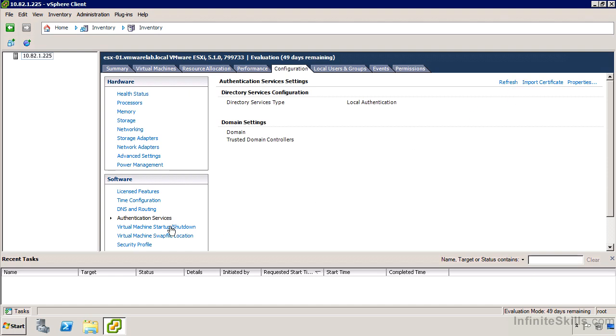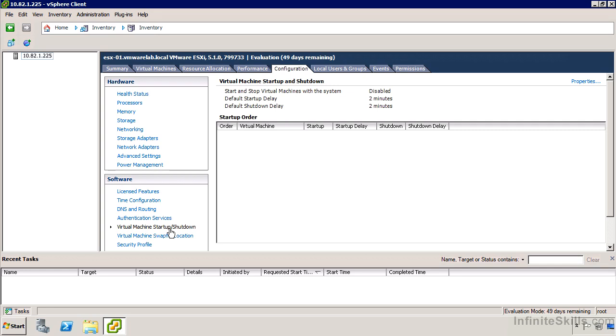Now, if we take a look over at virtual machine startup and shutdown, I don't have any virtual machines registered yet, but what we can do is specify that if we power up the host, the virtual machines running on it should come up automatically. In a clustered environment, if we're using VMware HA and if we're using DRS and so on, we may have an easy way to have that virtual machine brought up automatically or moved automatically before the host that it's running on is shut down. When you're running in a clustered mode, you can't really use these options. These options are not really available at the cluster level either, so we'll talk about that more in the later